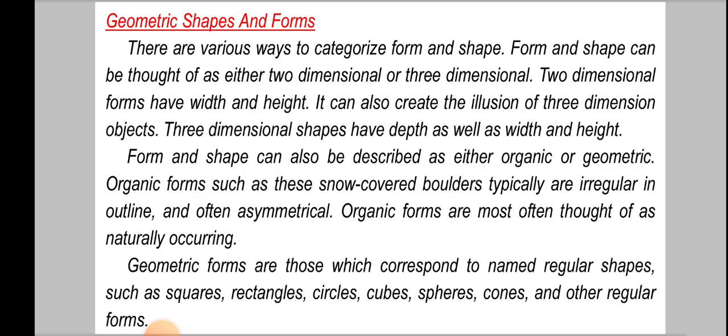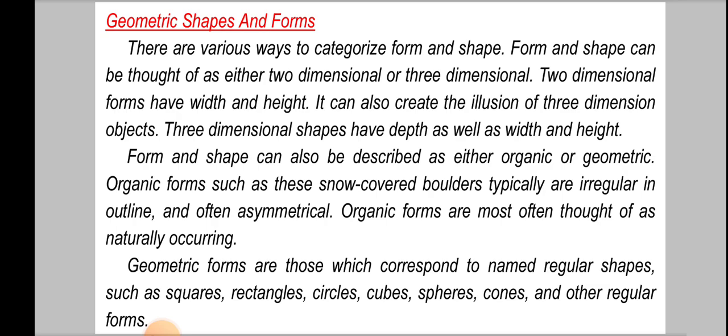Form and shape can also be described as either organic or geometric. Organic forms such as snow-covered boulders typically are irregular in outline and often asymmetrical. Organic forms are most often thought of as naturally occurring. Geometric forms are those which correspond to named regular shapes such as squares, rectangles, circles, cubes, spheres, cones, and